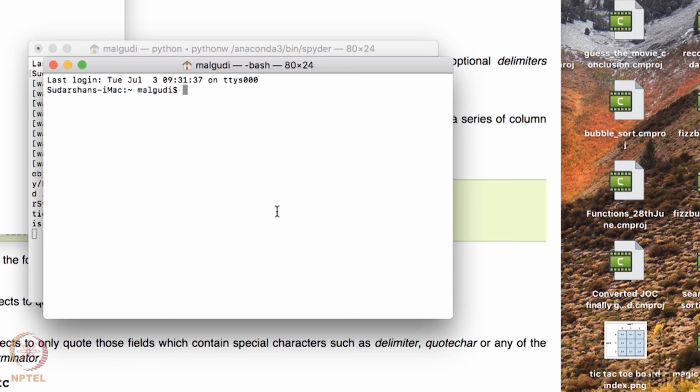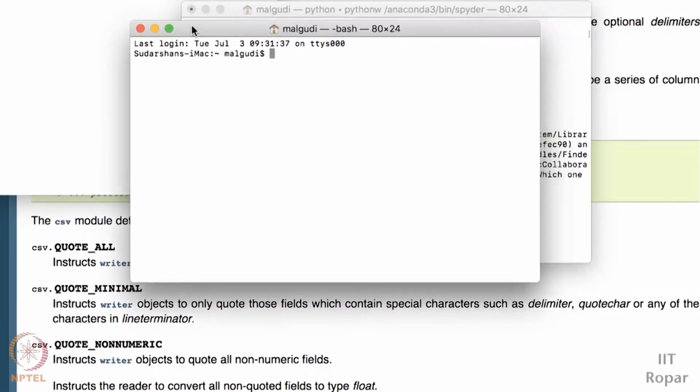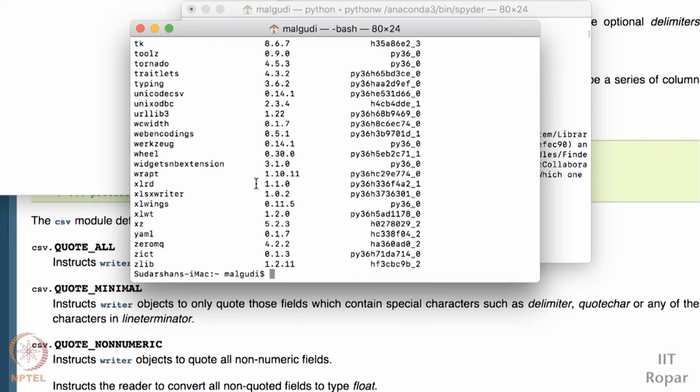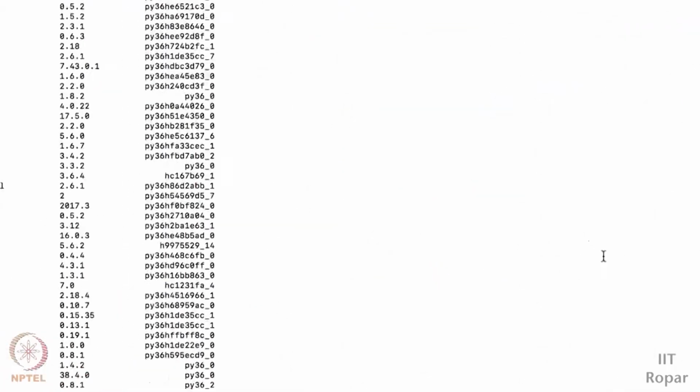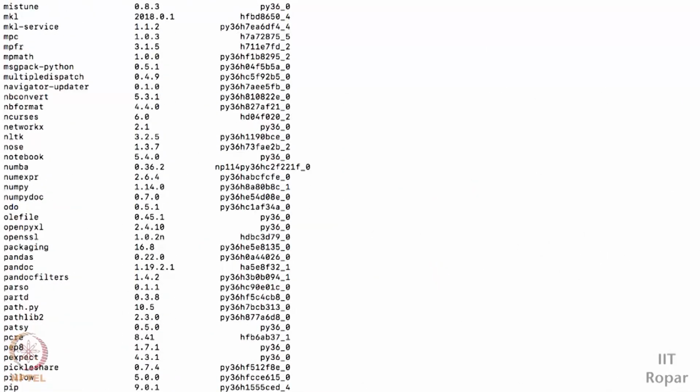To do that, you can just type on your terminal conda list. It will list all the libraries which are downloaded by Conda, which are present on the Conda cloud.